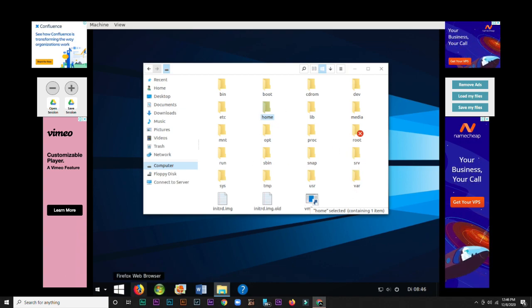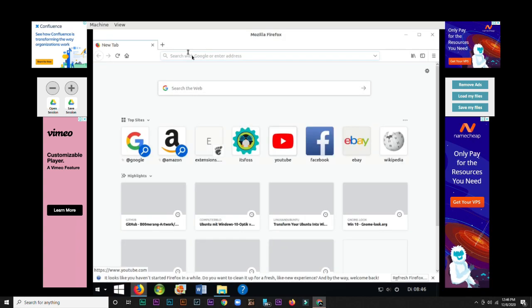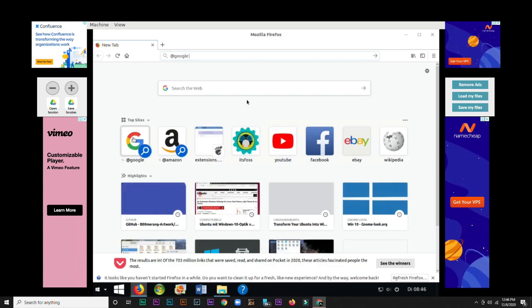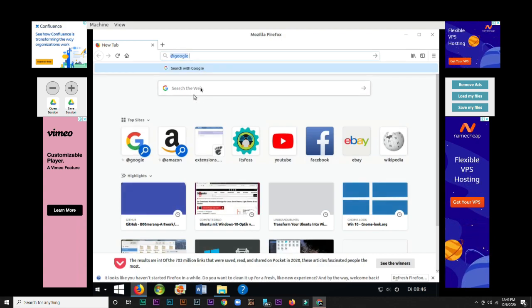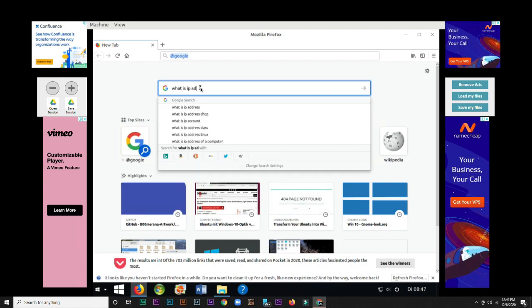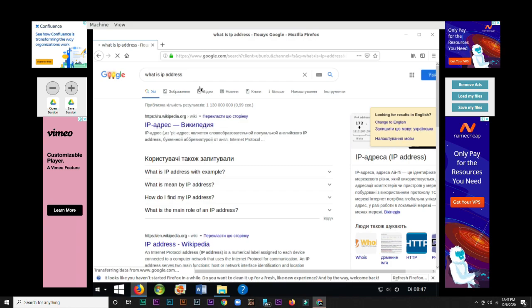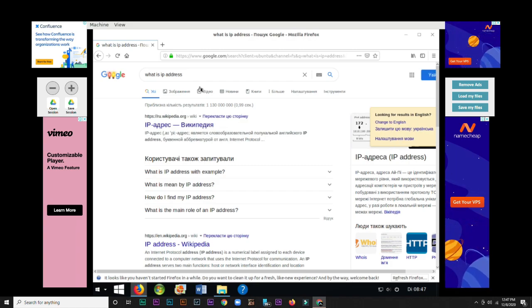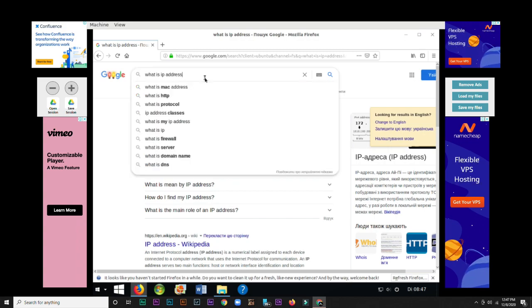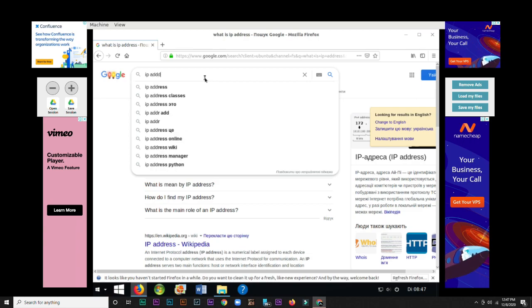Now let's go browsing to check if the internet is working or not. As you can see, the internet is working on the VPS, and let's check the IP address.